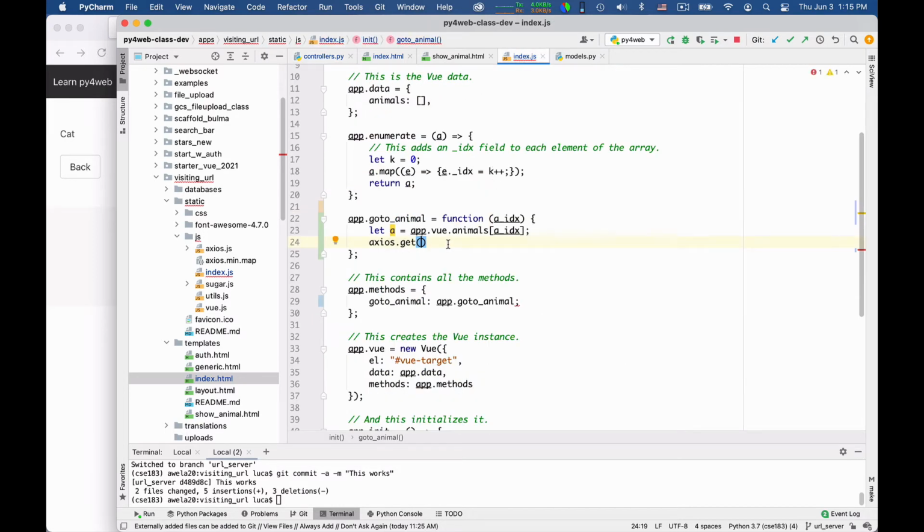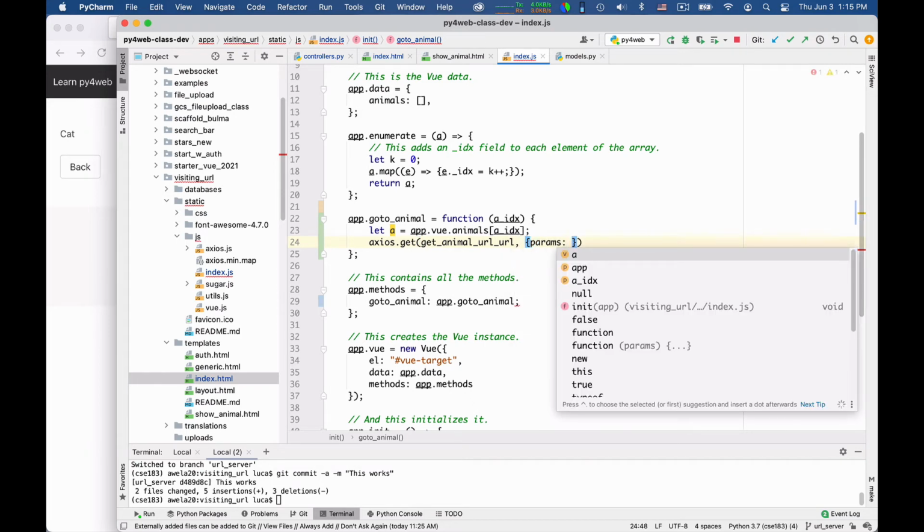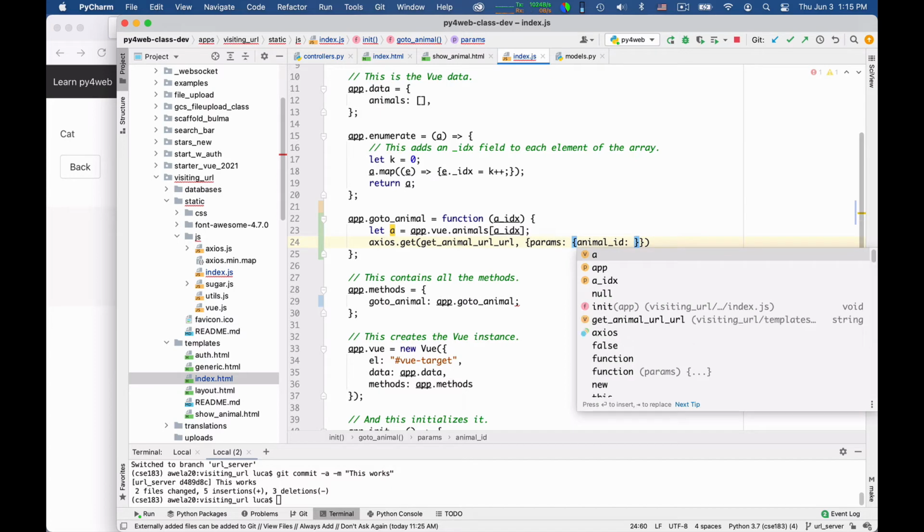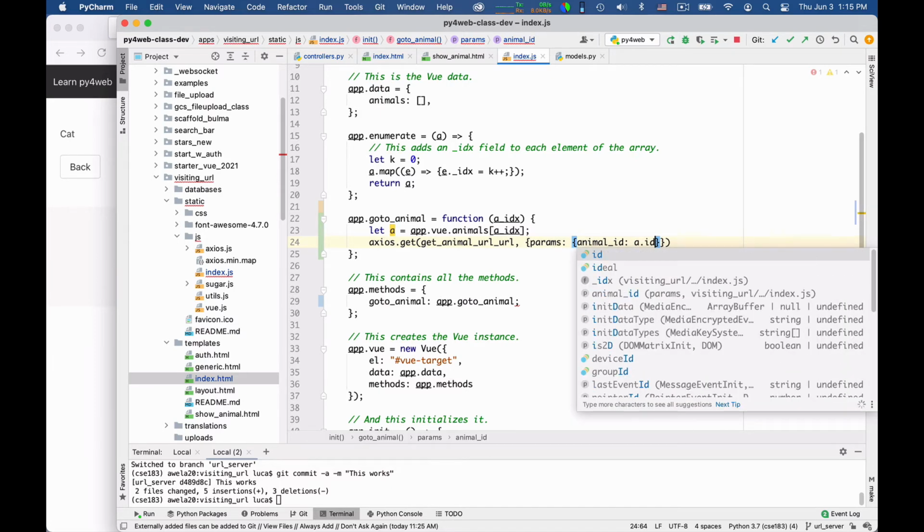Okay, so here I do an axios.get to getAnimalURL with some params that are animal_id, which is a.id.